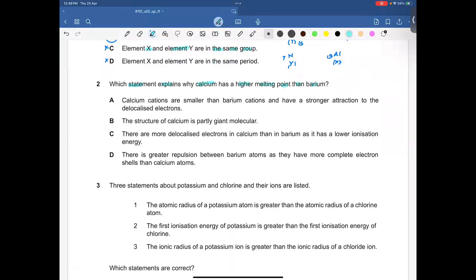We know that down the group, atomic radius increases. And if atomic radius increases,